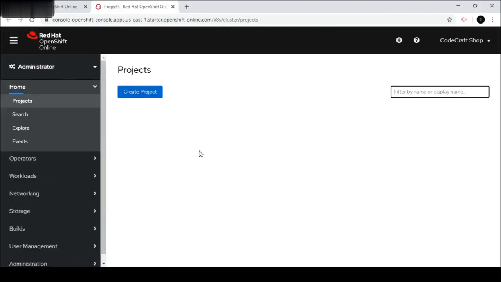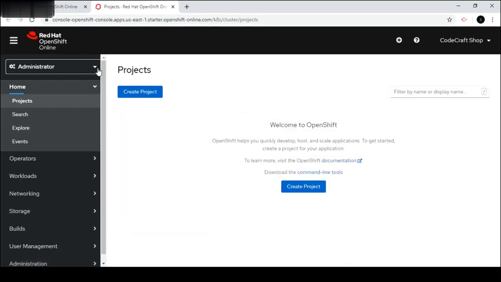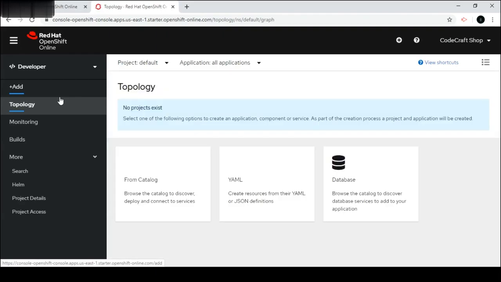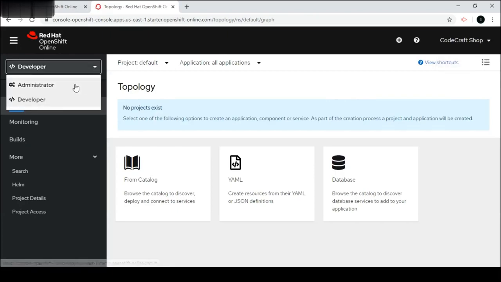So this is the OpenShift account that we have created, and we can create a single project through which we can test all the functionalities. We will get various options, like the developer mode and the administrator mode.